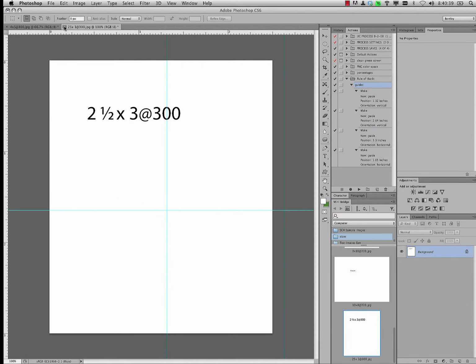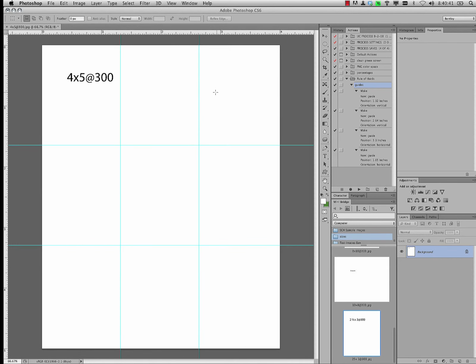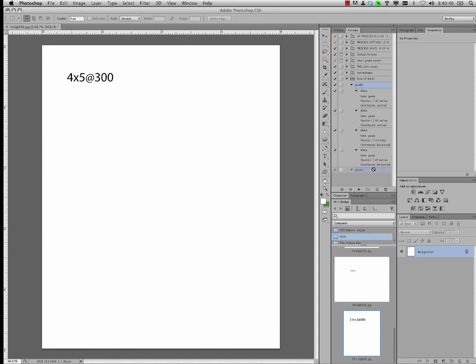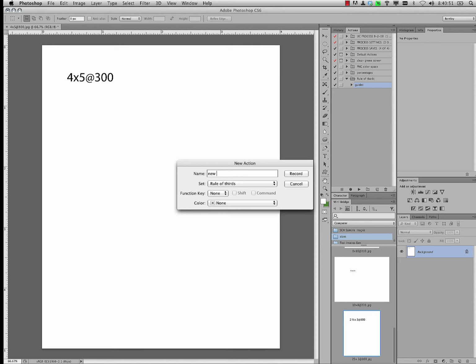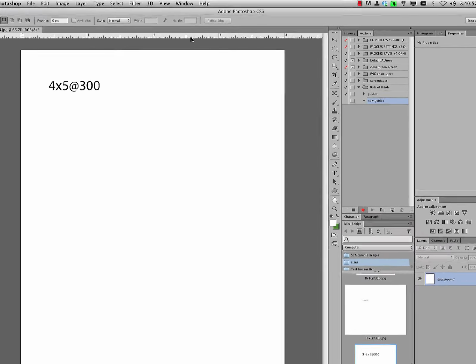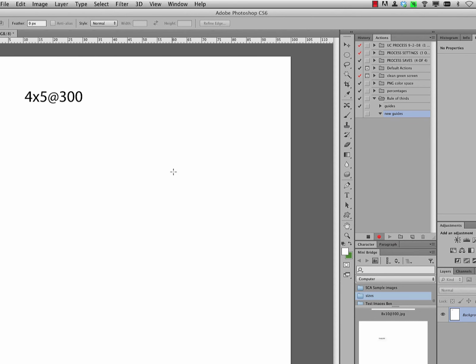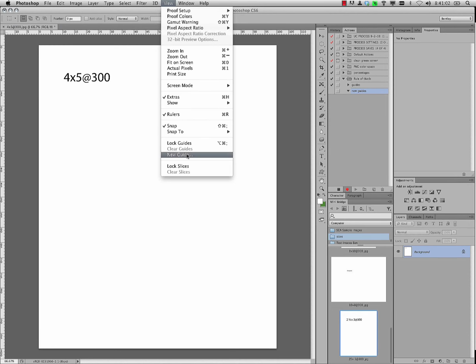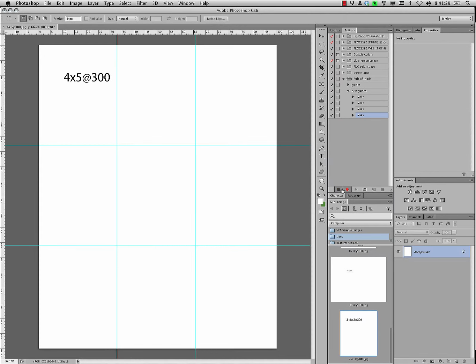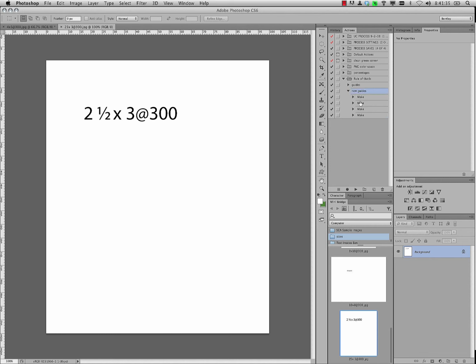We'll close this image. We'll go back to our 4 by 5 and we'll clear the guides on that. And we'll delete that action set. Or actually, we'll leave it in there as a comparison, and we'll type in New Guides. Now this time, before I start working on the action, I'm going to change my rulers to percentages. Then I'm going to come in and create those new guides again and stop recording. We'll go back and open up that 2.5 by 3 document, run the action this time, and our guides are